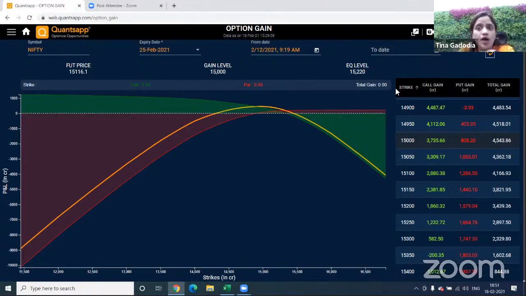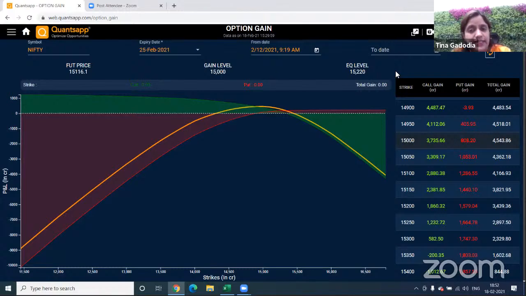Now, how you use the EQ level. So basically EQ level is the point where neither the call writers nor the put writers are making money. Okay, it's like an indecisive point of time. So earlier we had the EQ level yesterday at the lower end. As we breached that point, now the shift has taken place higher. So if I have to consider, the bullishness in the Nifty will start only if it now again goes above 15,220. Okay, this is the point beyond which the call writers will start